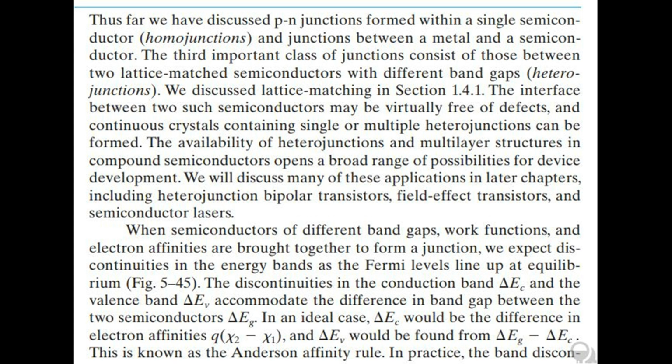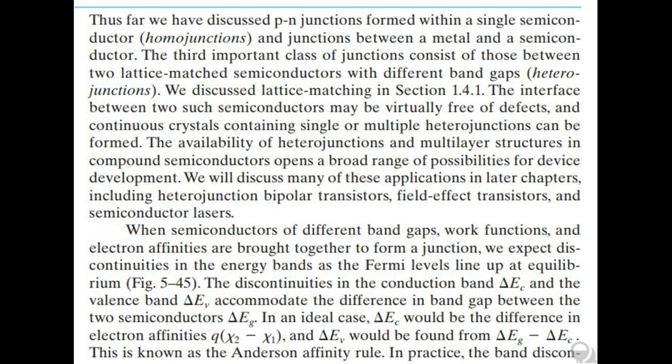The interface between two such semiconductors may be virtually free of defects, and continuous crystals containing single or multiple heterojunctions can be formed. The availability of heterojunctions and multi-layer structures in compound semiconductors opens a broad range of possibilities for device development. We will discuss many of these applications in later chapters, including heterojunction bipolar transistors, field effect transistors, and